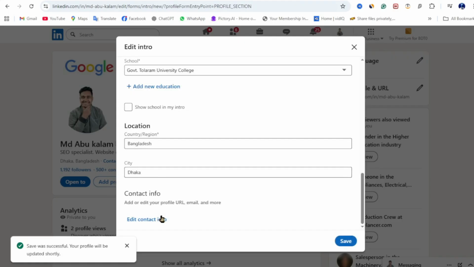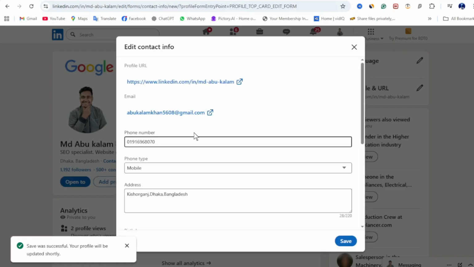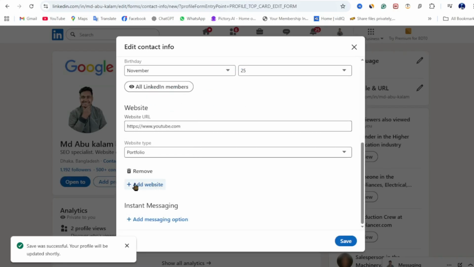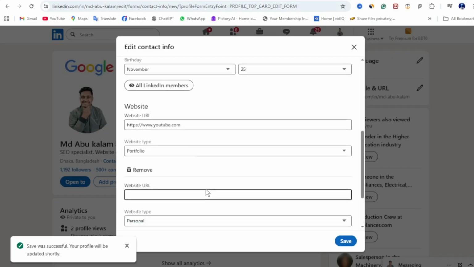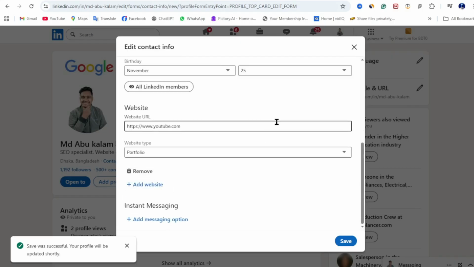So if you want to add multiple links, this is also possible. You can see here is the add website. So this is the method how you can add a link on a LinkedIn